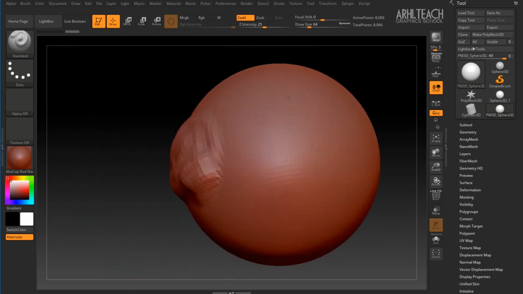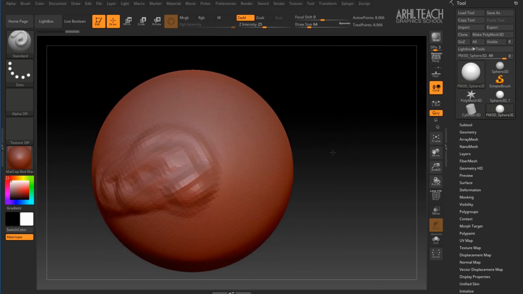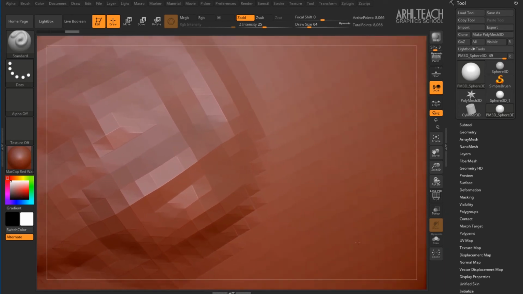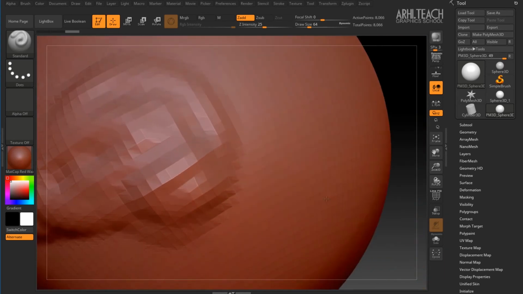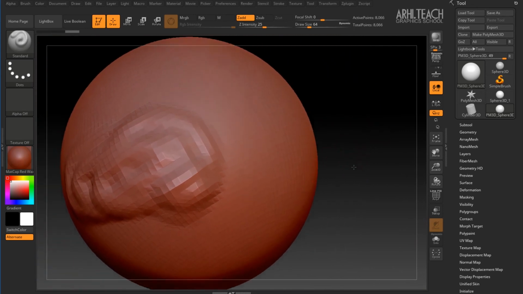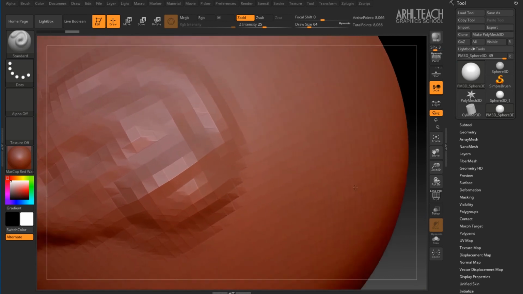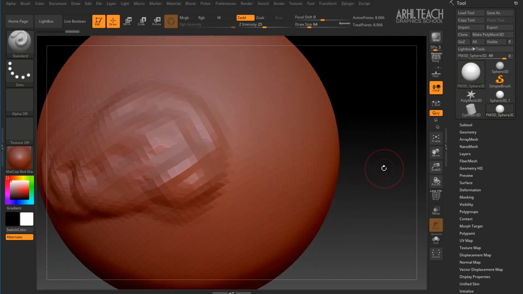In order to zoom in our view, we need to hold down Alt, hold down the left mouse button, then release the Alt button and move the mouse away from us or towards ourselves, and accordingly bringing the object closer or farther away from us. Or you can hold Alt and do the same with the right mouse button. It's also made for convenience.